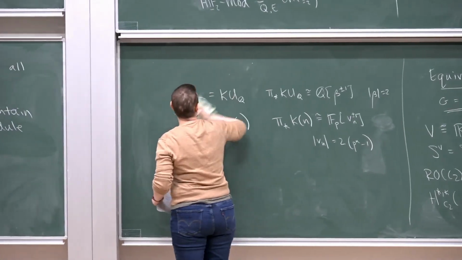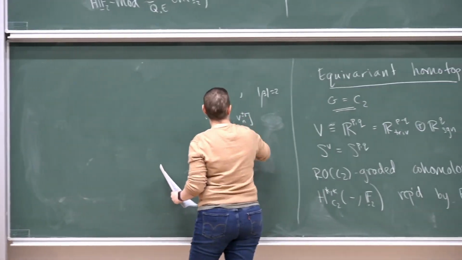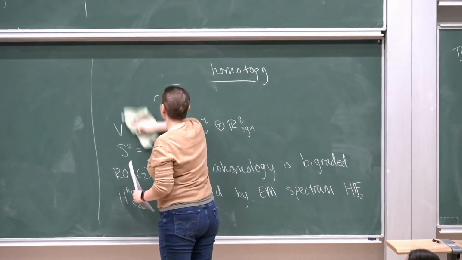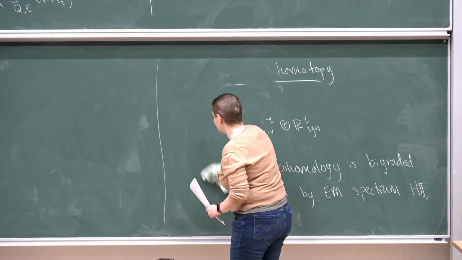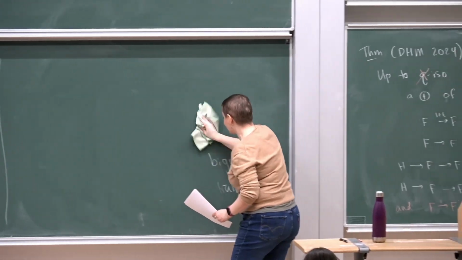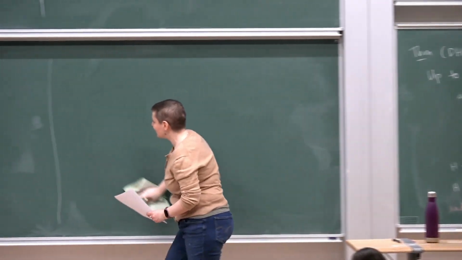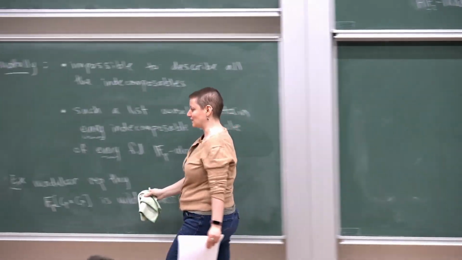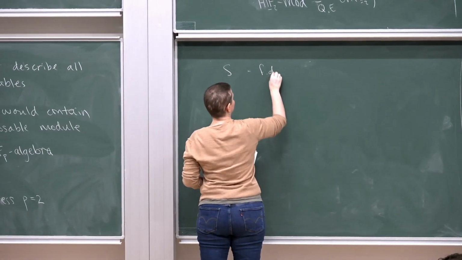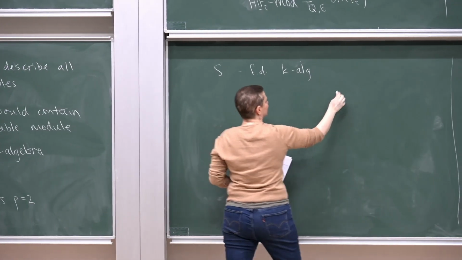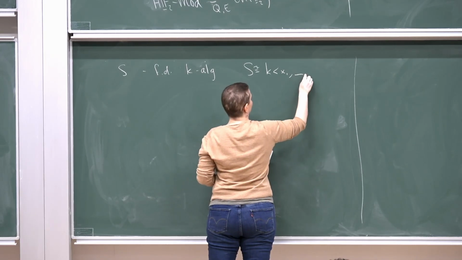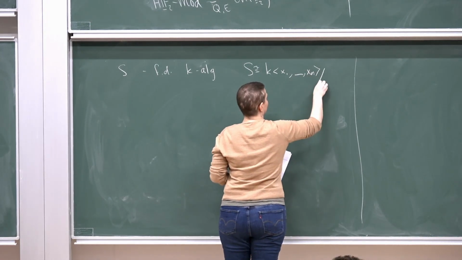Okay, how does that fit into this moral story? Somehow that doesn't seem to be anything about saying that the representations are describable or not. And so the problem is that that free algebra on two generators is doing somehow a lot of heavy lifting here. So if you have S, some finite dimensional K algebra that looks like K adjoin some generators, mod some relations,